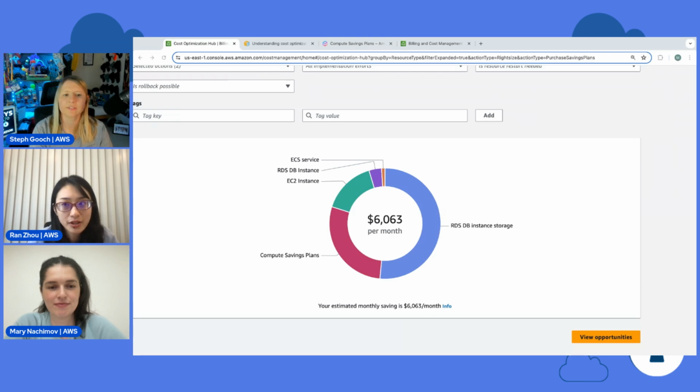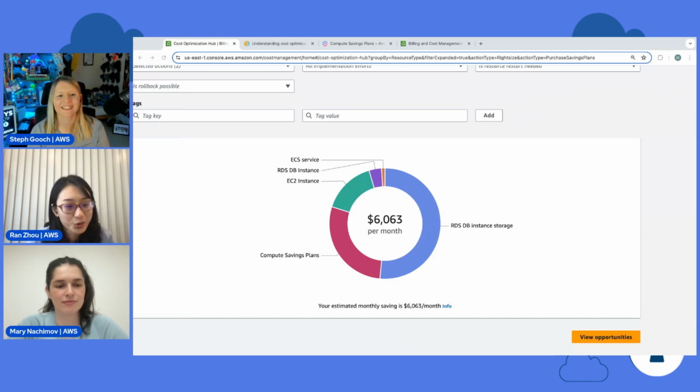Just a recap, there are two categories of overlapping savings. The first one, which is more straightforward, is that some recommendations are just not compatible. Like if you right size your instance, you cannot stop it at the same time. Or if you buy a 3-year savings plan, you cannot buy the 1-year, or you would be wasting money. So this part is slightly simpler.